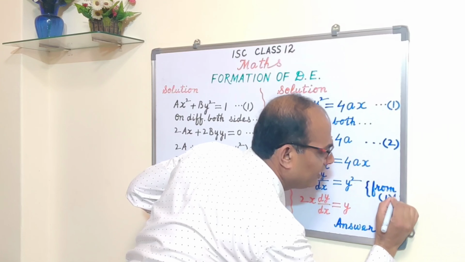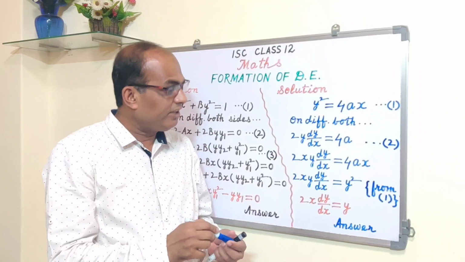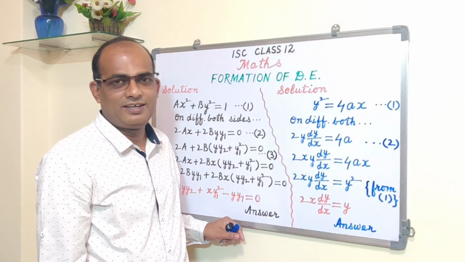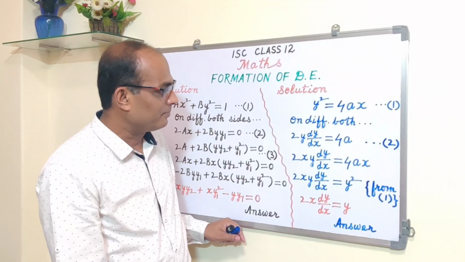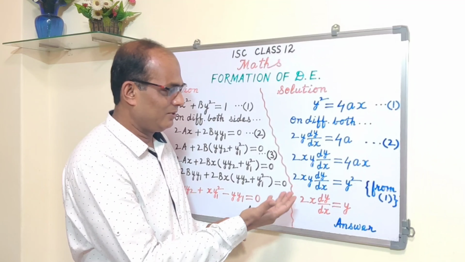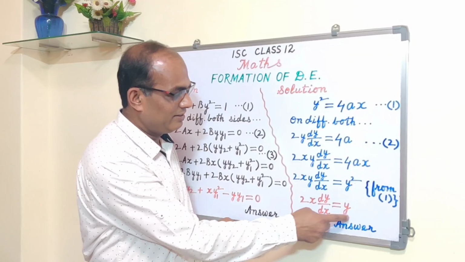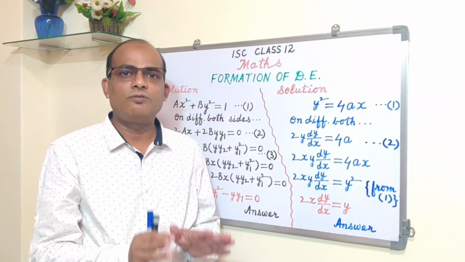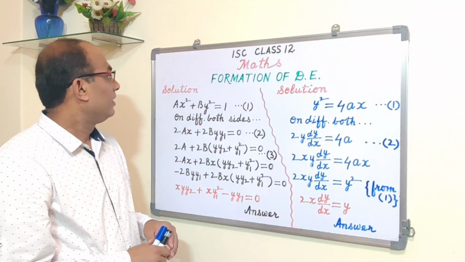From equation number 1, we are doing that. Alright. So from 1, in place of 4ax, we are writing down y square. Now this equation is free from a, independent of a. Alright. So see if we can further simplify, otherwise this will be the answer. So 2xy dy upon dx is equal to y square. There is nothing to cancel or something like that. So 2x dy upon dx is equal to y is the answer. This is the eliminant. Is that fine? This is how we form a differential equation. Okay. Now, second question.